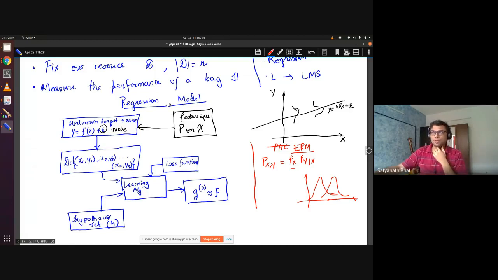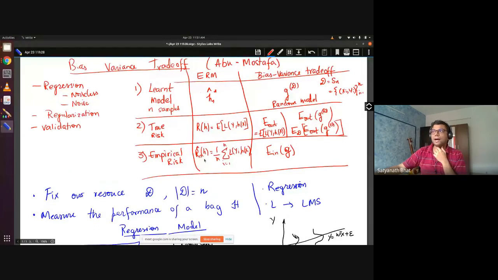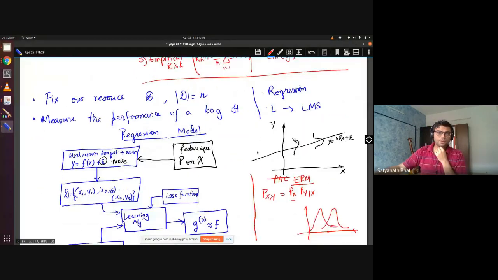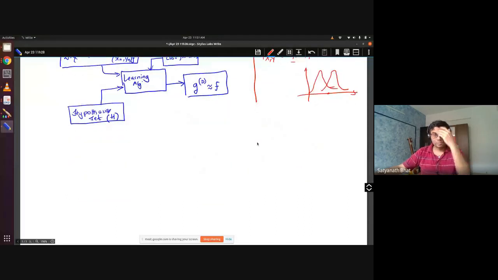I'm writing this down specifically because I want you to really understand that we will now start talking in terms of these values. The way things are different is that here y is now f of x plus epsilon. Previously it was P of y given x. Other than that, more or less everything continues to hold. Everything else you have already seen. And instead of calling it R and R_n hat, I will be calling it E_out and E_in. So this is the way in which we will change things a little bit.